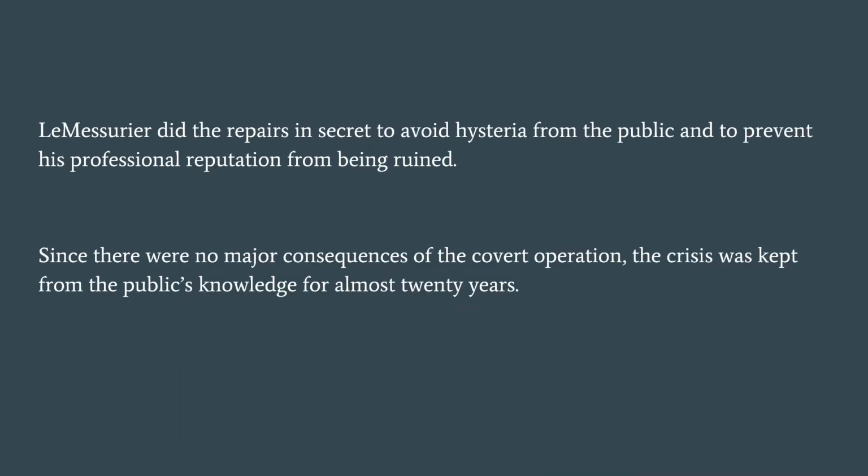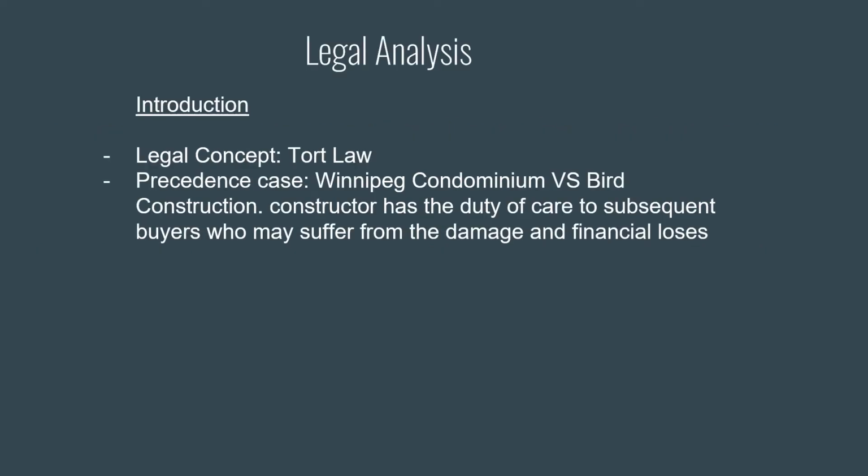LeMessurier did the repairs in secret to avoid hysteria from the public and to prevent his professional reputation from being ruined. Since there were no major consequences of the covert operation, the crisis was kept from the public's knowledge for almost 20 years. Moving on to the legal analysis for this case, we can see that it is a tort